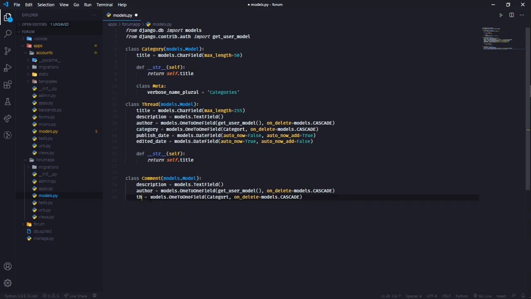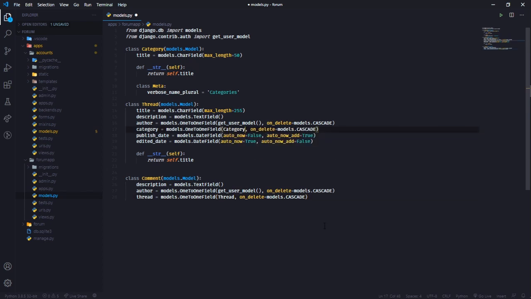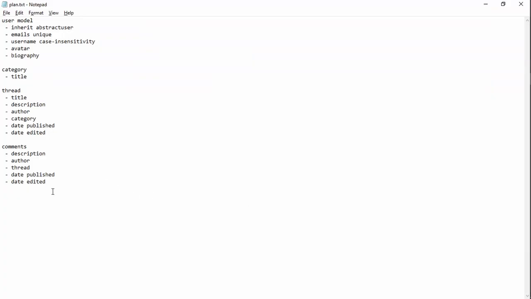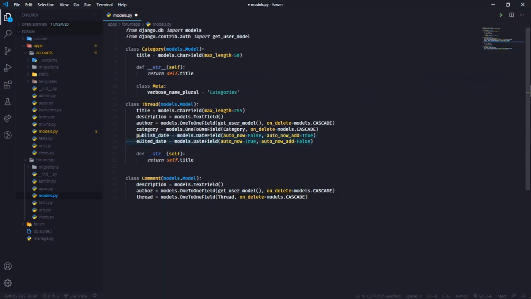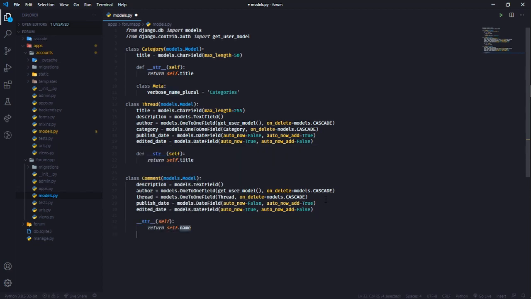Let's take thread and replace these with thread. I spelled category wrong, so let's fix that real quick. So that's pretty much it. We also need this, so we can just copy and paste these right in. So I think that should be it. Let's have our __str__ method. We're going to return